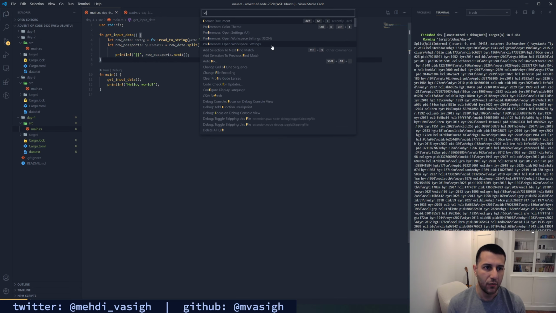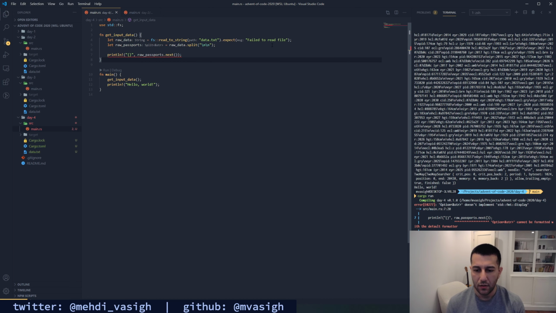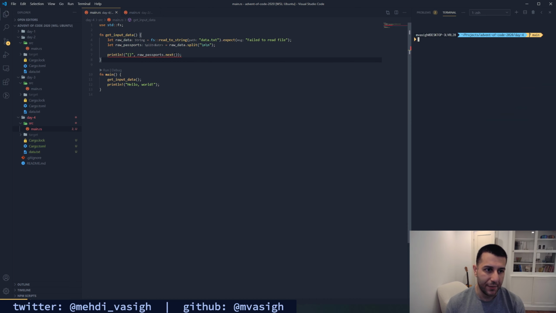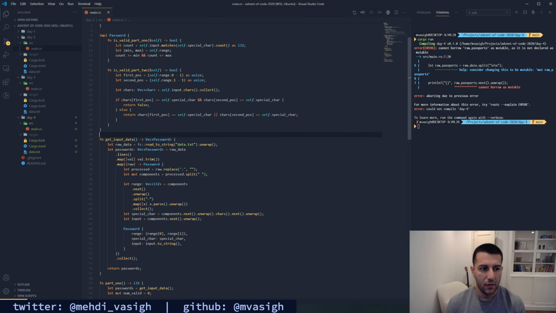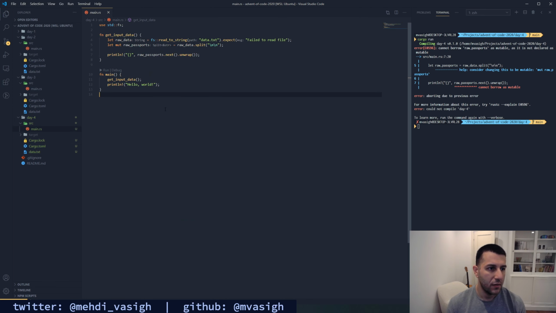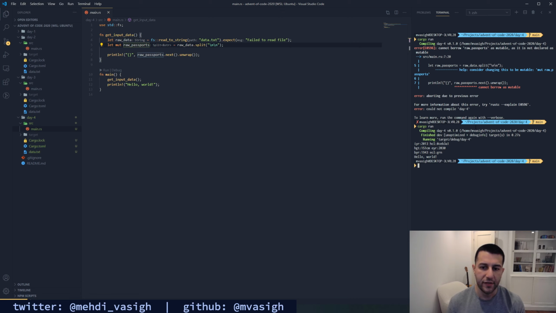And I just want to get one. And I need to unwrap this to be able to do this. I just said cannot borrow raw passports as mutable. Whoops. Iteration requires mutability here because the state of the iterator is changing. Now, so this is great.